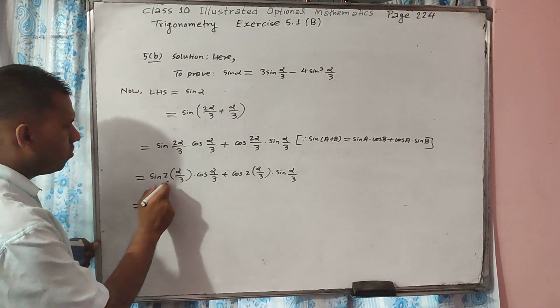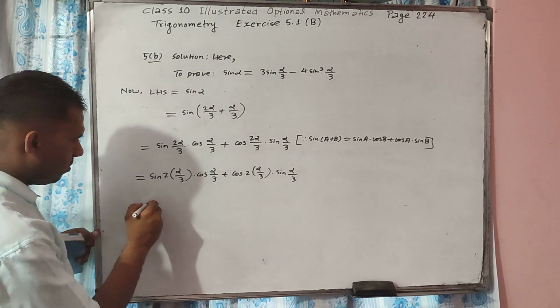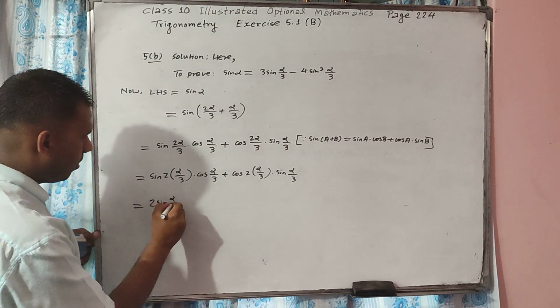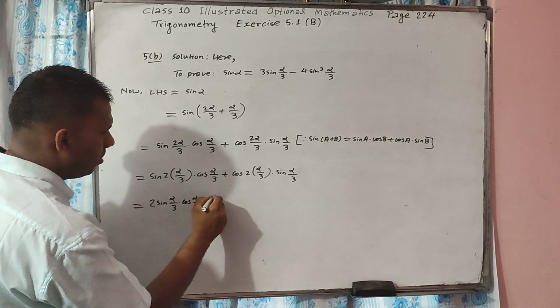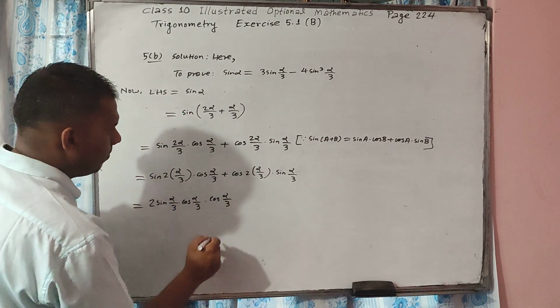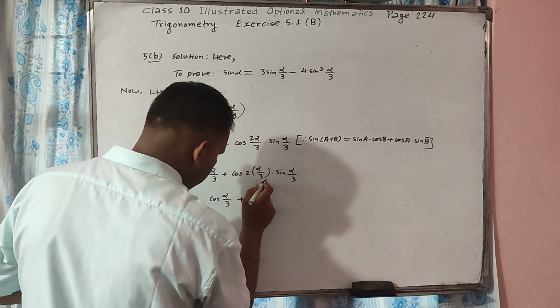Now using the formulas of sin 2A and cos 2A: sin 2A is 2 sin A cos A, so 2 sin alpha by 3 dot cos alpha by 3 dot cos alpha by 3 itself, plus cos 2A form,